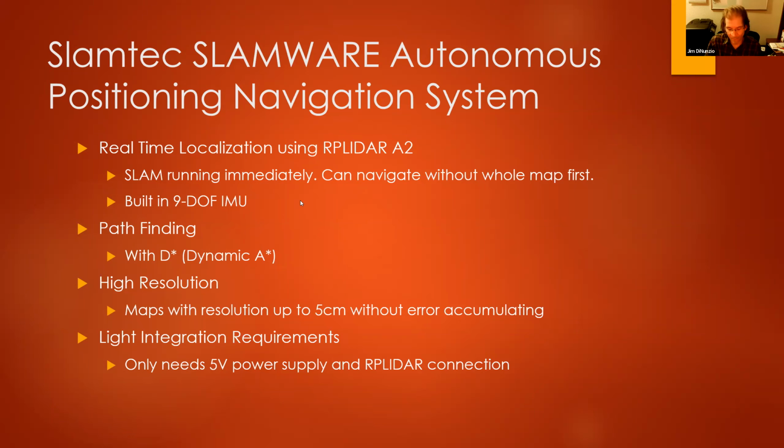Yeah, well, like I said, I've done a demonstration of continuous mapping, as well as, most of the time, I save the map and use it. So the answer to your question is both. It does both. It can map as it goes. You can turn updating on and off. Even on my robot here, I can tell it to start updating the map and stop updating the map,